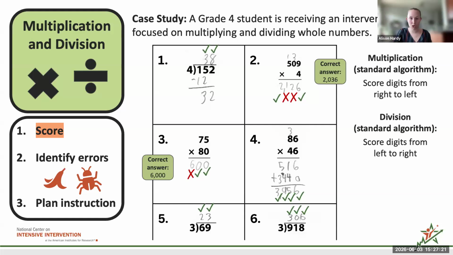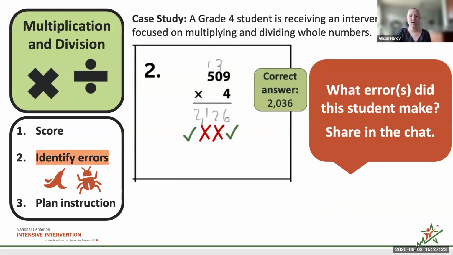So once you've scored all of the items, let's do some error identification. So take a look at this work sample, and in the chat, let us know what errors did this student make. Okay, so I see in the chat,